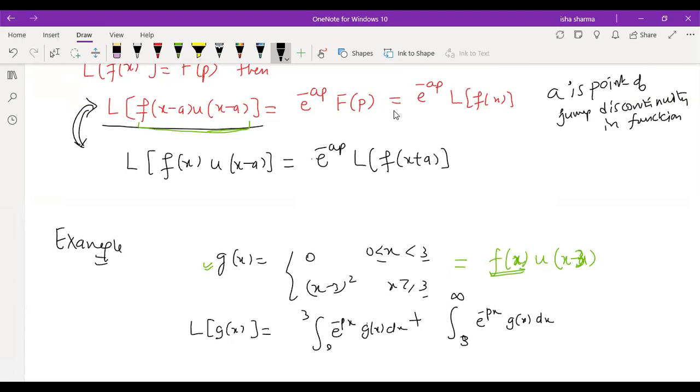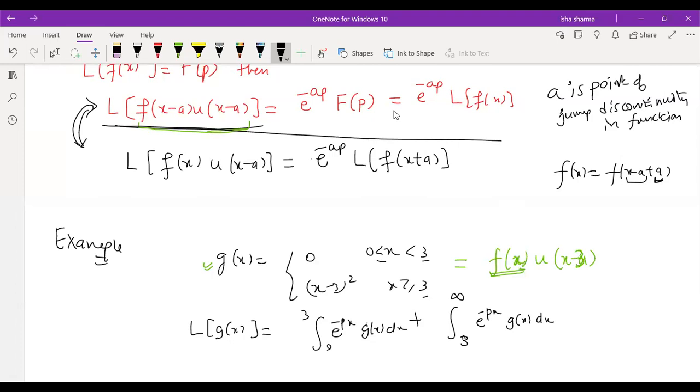So it's the same statement. It's the same statement that L of f(x minus a) u(x minus a) is this. I'm just changing x minus a to x. So here it will be balanced by x plus a. So you can treat it like this: f(x) can be written as f(x minus a plus a). So this x minus a will give you f(x) additionally, and a is there. I'm not going to give you a detailed proof, but you have to remember that this is how the formula gets transformed.